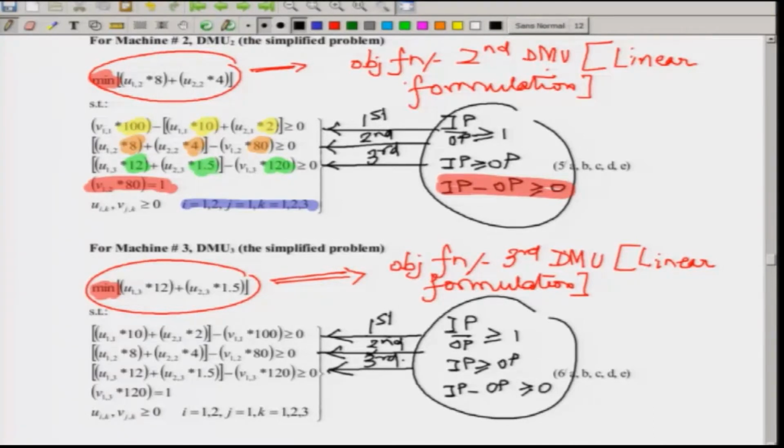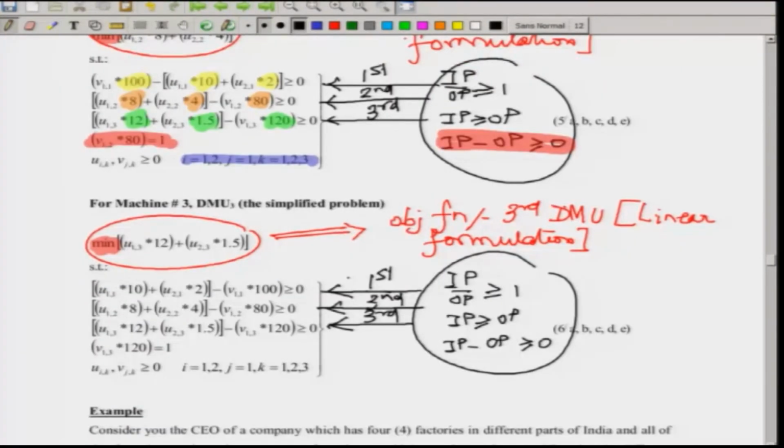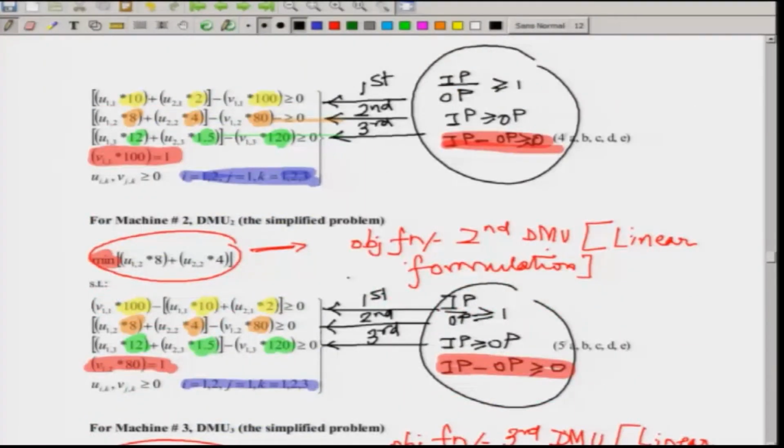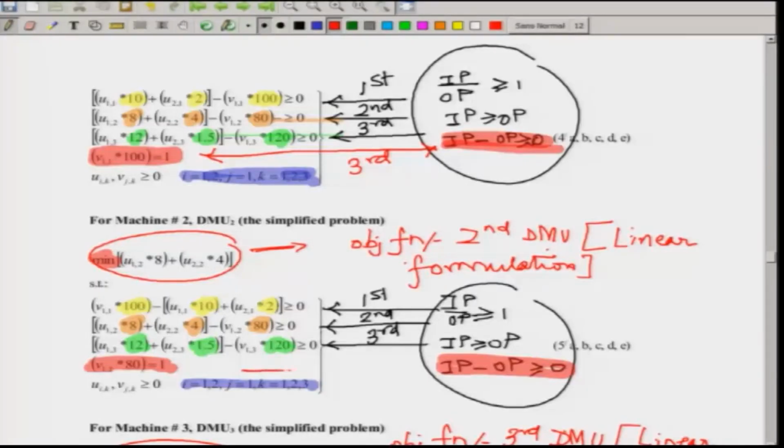And I should also mention, because I did not mention, let me check how I can do it. I should have mentioned DMU 1, 2, 3. So, technically this one I will use the color red. So, this was basically coming out from here, which is also corresponding to the third. So, in the objective function, the denominator is being shifted here because we are normalizing it. So, similarly this should have been there, the third.